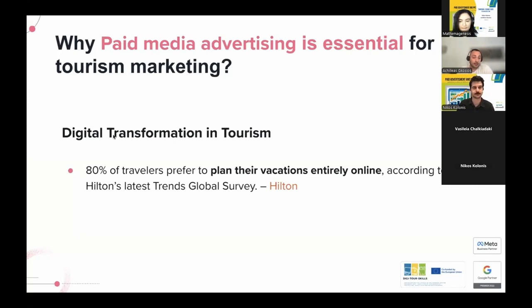Initially, across many surveys, almost 80% of travelers prefer to plan their vacations entirely online. Paid ads allow us to be visible during this phase, either with text ads or banner ads, if we talk about Google Ads, or across social media platforms like Facebook, Instagram, or even TikTok.